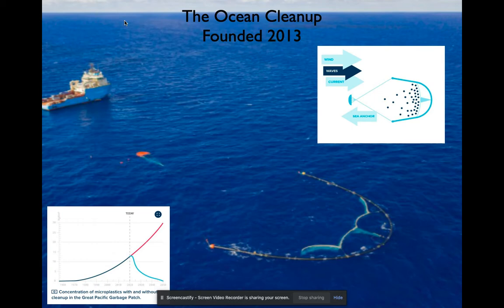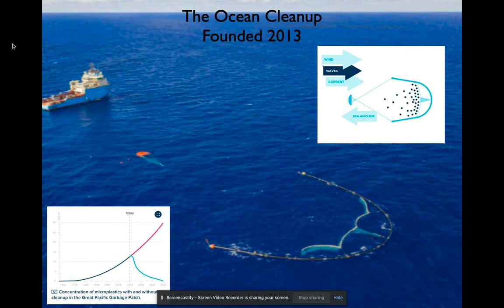That sea anchor provides enough resistance that the floating plastic on top can, over time, get blown into this floating boom and get collected. Then a ship needs to come out, as you can see in the picture, and remove the plastic. But the Ocean Cleanup has looked to install hundreds of these in various parts of the ocean to start to capture this plastic. And you can see in the bottom left-hand corner here,